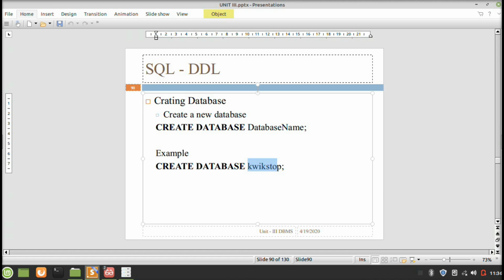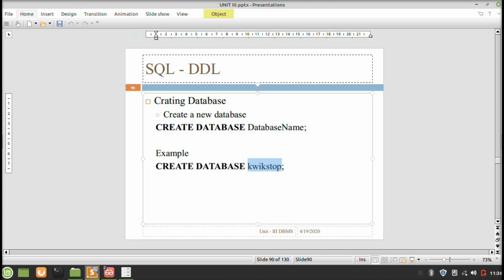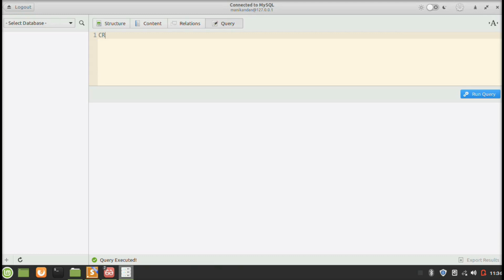For example, if you want to create a database named quickstop, the syntax is create database quickstop. If you execute this, the database management system will create a database with the name quickstop. I am going to create a database with the name Jnanam School.